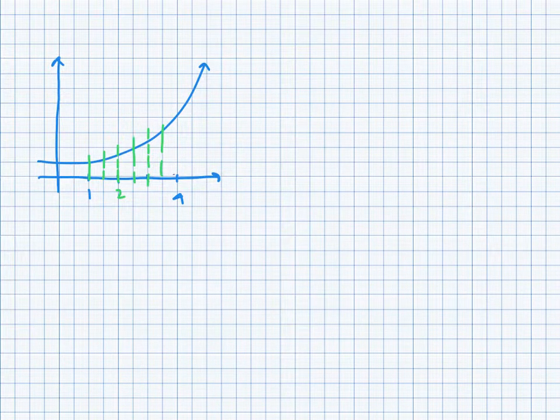I didn't even write the numbers here. 2, 3, and then 4 here. Okay, so what color do I need? I'm going to go with red. Now we have 6 sub-intervals, and each is equal to half. So this is now the upper